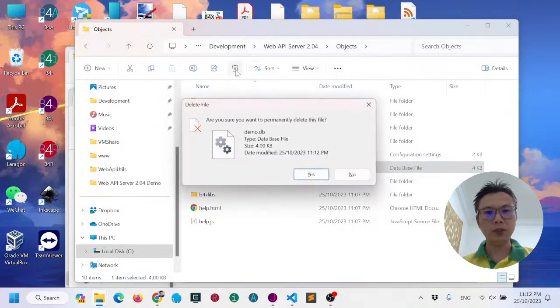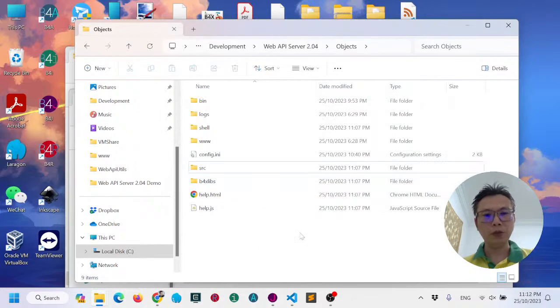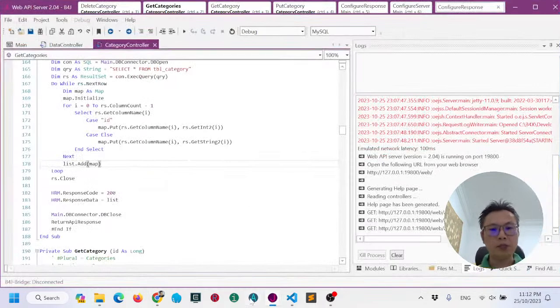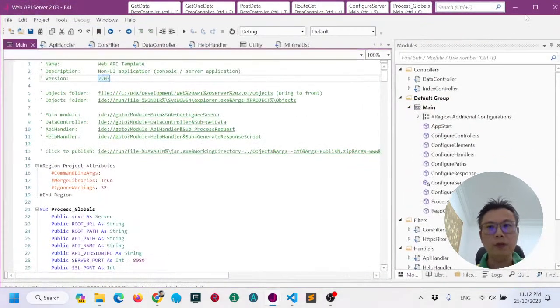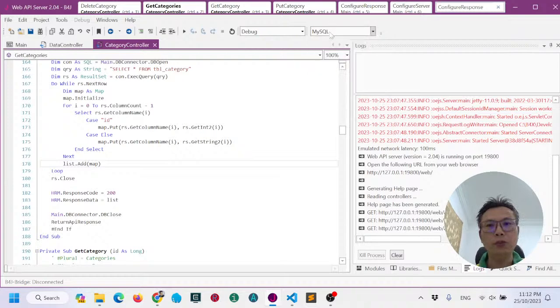Delete this demo. Now we try to connect to our MySQL database. When you choose MySQL from the build configuration,